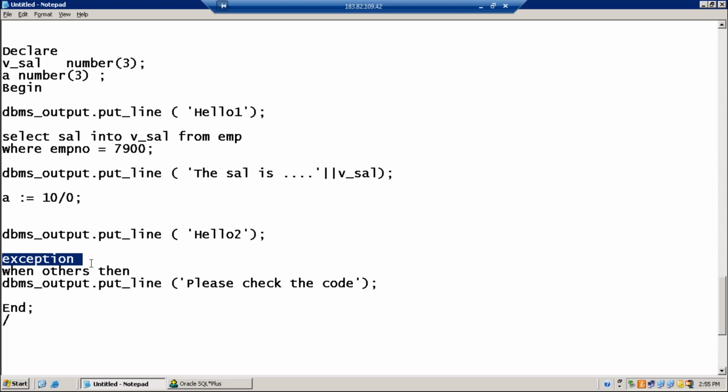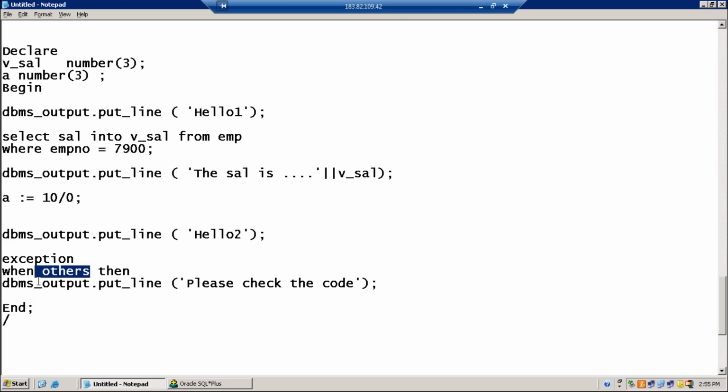Now, question for Jamal. Is there any disadvantage of when others handler? Yeah, there is a disadvantage. What is the disadvantage?